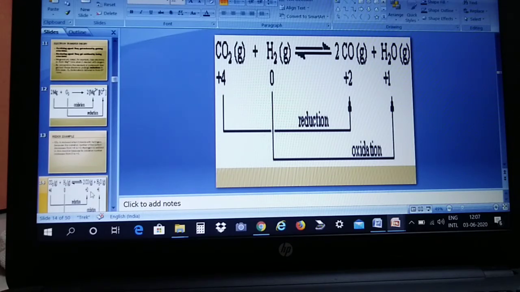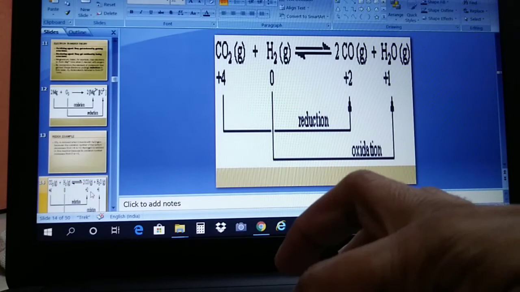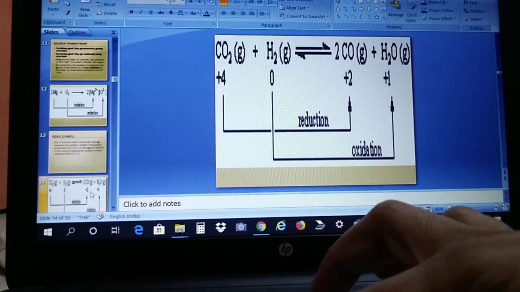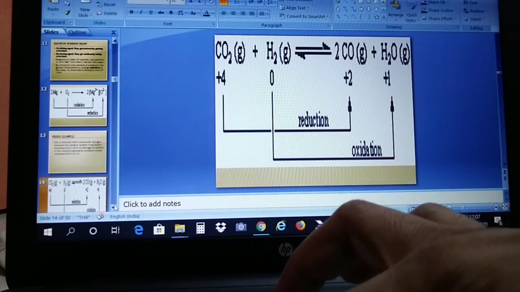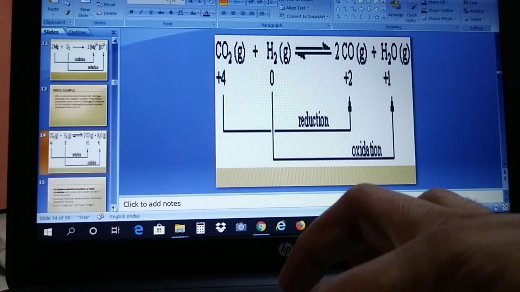So hydrogen undergoes oxidation and carbon undergoes reduction. That way you can understand oxidation states, because you should know the valency, which you have done in your previous class. Next,